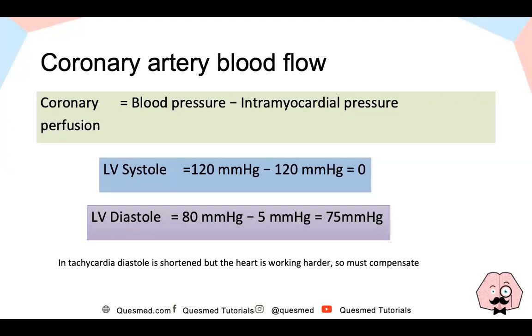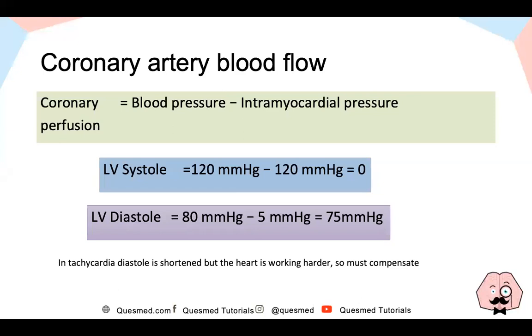However, the reduction in the time for each of those is disproportionate. So a longer proportion of the time is spent in systole, contracting, than in diastole, relaxing. And once we get up to heart rates of around 150, the amount of time that we're spending in diastole, where the coronary arteries can fill and we can deliver oxygen to the left ventricle,